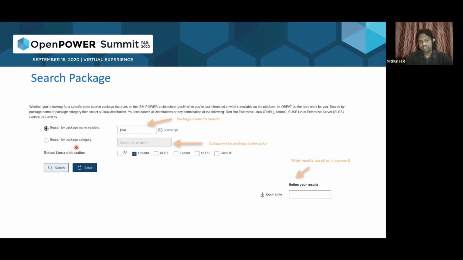And one more feature which is very important here is that we have enabled something called search by package category. Suppose you are working on a particular technology on Power, like blockchain or big data, right? Once you click, there will be a list of categories. You can select those categories and search for a particular distribution or all distributions. It will give out the list of supported packages which are dependent on that particular technology on Power, right? So that is something which we have enabled as well. We will see that in the demo when we go to the actual demo,